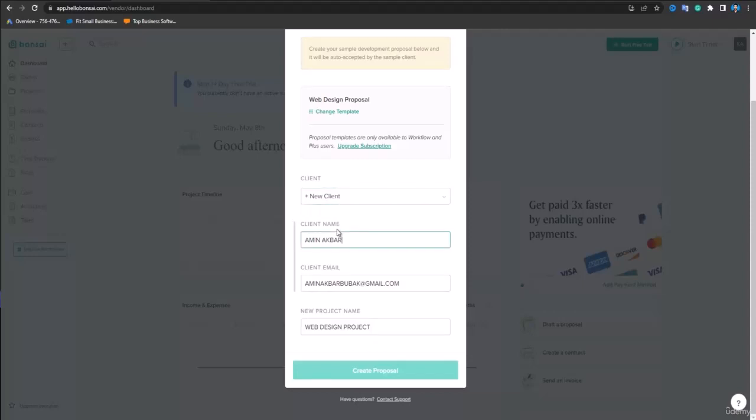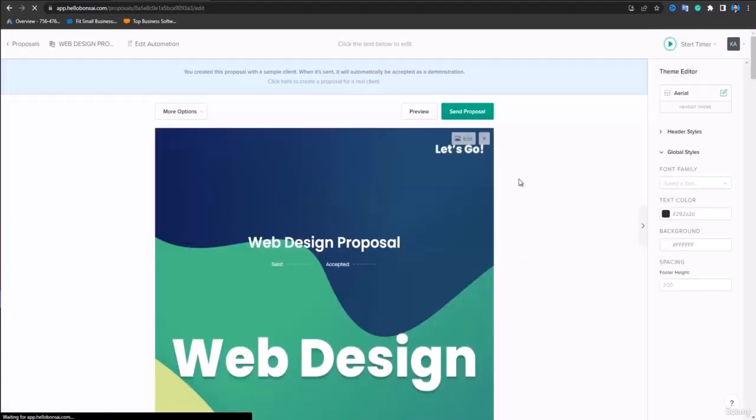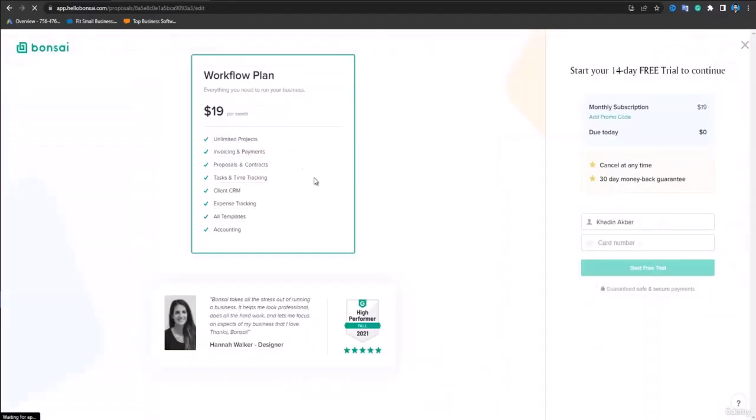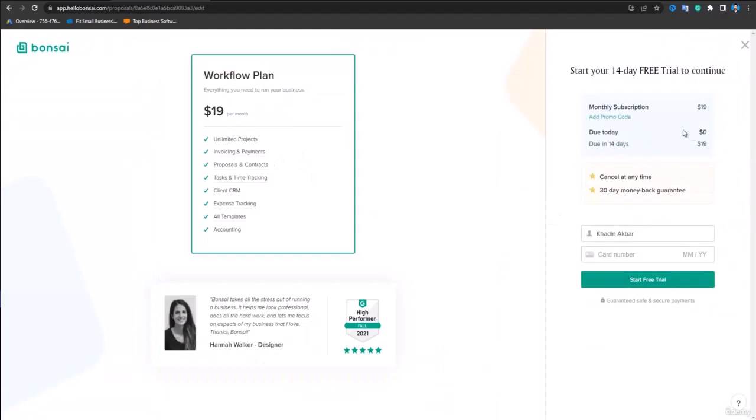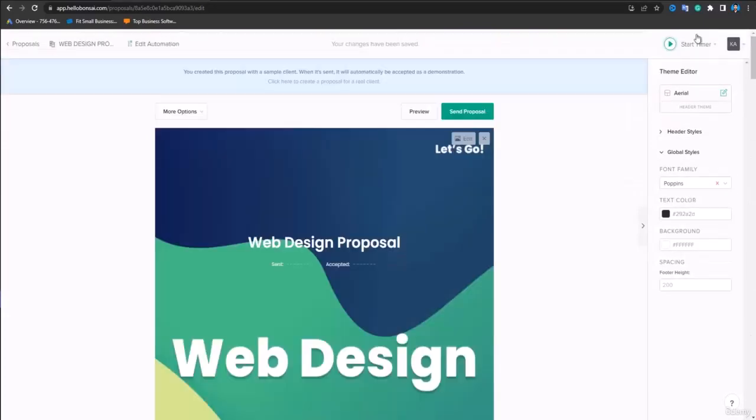But right now we are not using any of their subscription, so we cannot do it. So what you would have to do is go with this sample client, and I'll just click on create proposal. And here you can see you can edit the things in the proposal. But first of all, you would have to enter your card number and card details to get the free trial, and the free trial is free for 14 days. You would be getting it for free for 14 days, and after entering your details here, you can just edit these proposals from here. Okay,